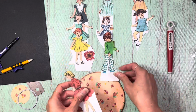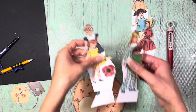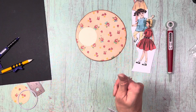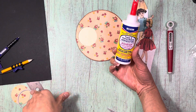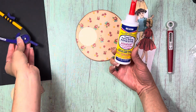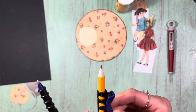Let's go like this. All right, so let me move some of them out of the way. Okay. Now, I went to the dollar store to get a protractor. This is a protractor, right? Well, I went there to get this, and I also decided to stop at Dollar Tree because this was not